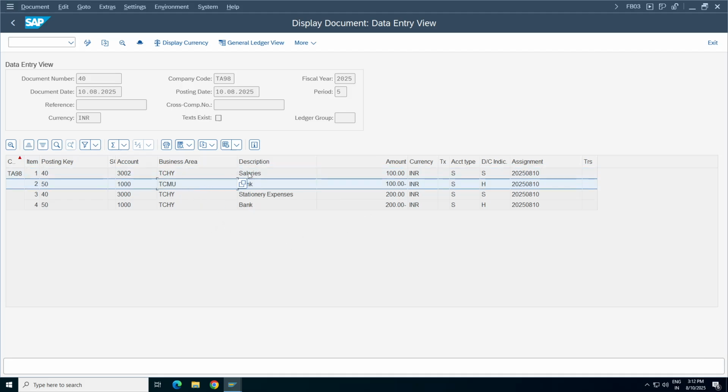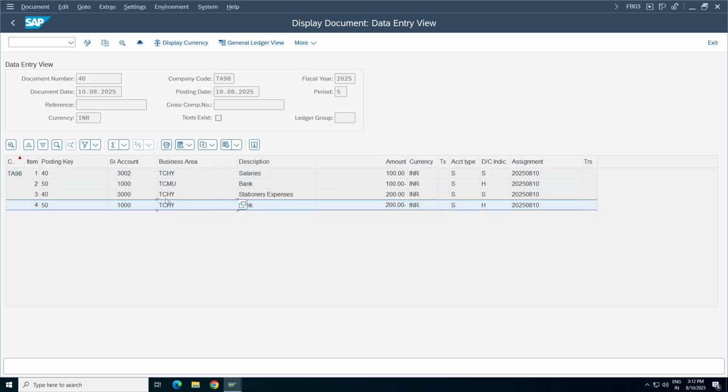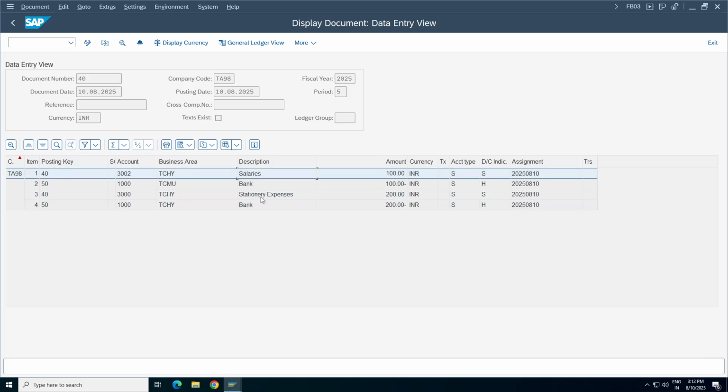No. See, the cost center will get updated rightly. If you look here, for the stationery expenses, the cost center is updated right. For both salaries and stationery expenses, the business area is rightly updated. It is picking from the respective cost centers.